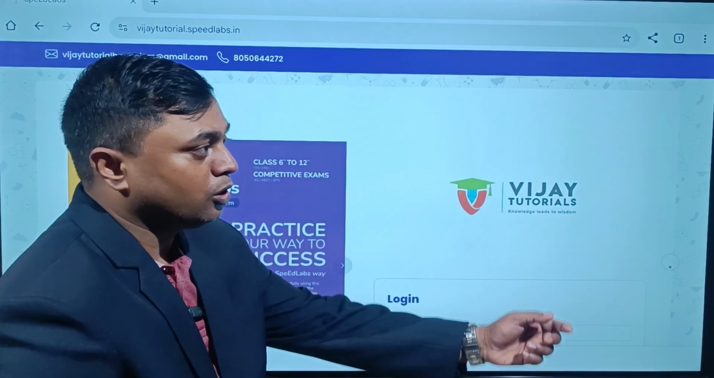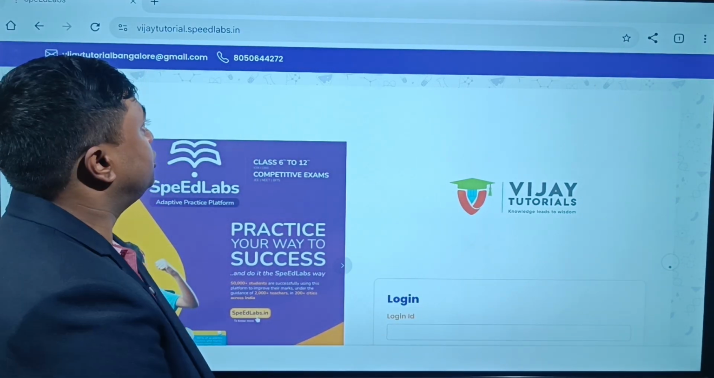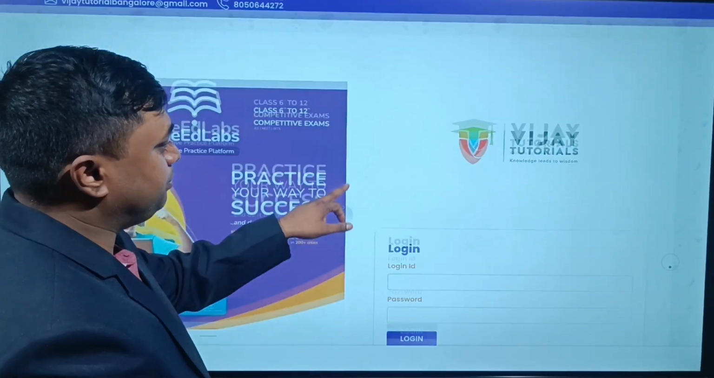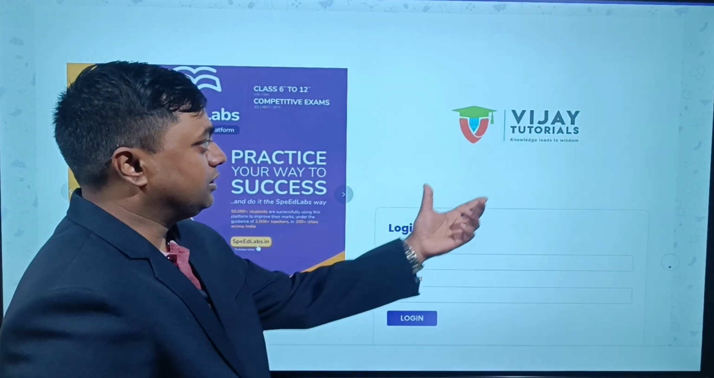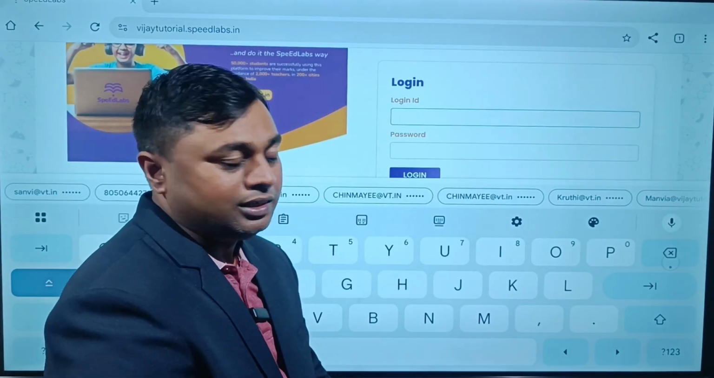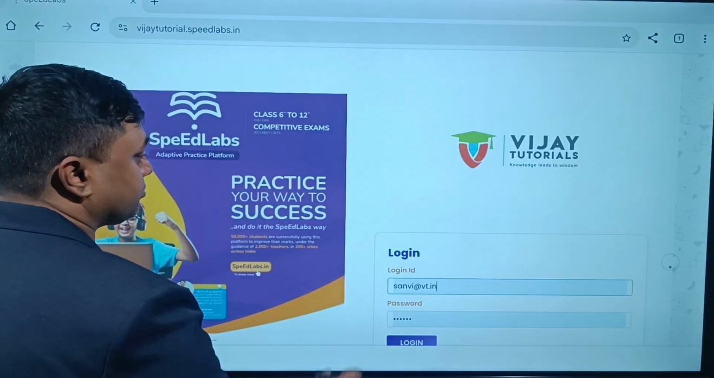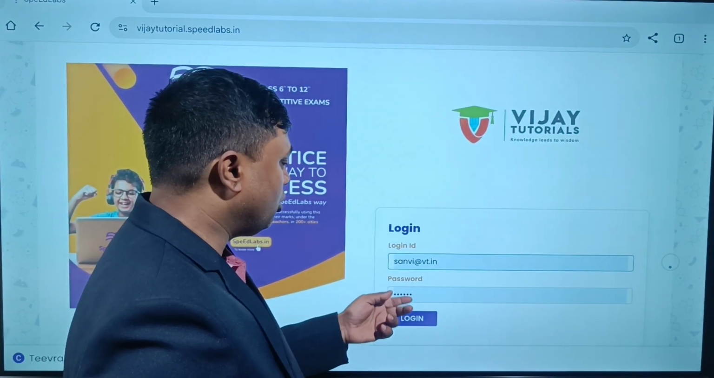So you have to log in on Chrome, vijaytutorial.speedlabs.in. Once you type it, you will get this page. Okay, they will ask you the login ID and password. You can see here Vijay Tutorial is written. I am showing you with one ID, a 10th standard ID, sanvi@vt.in. You have to enter the password. Once you enter the login ID and password,